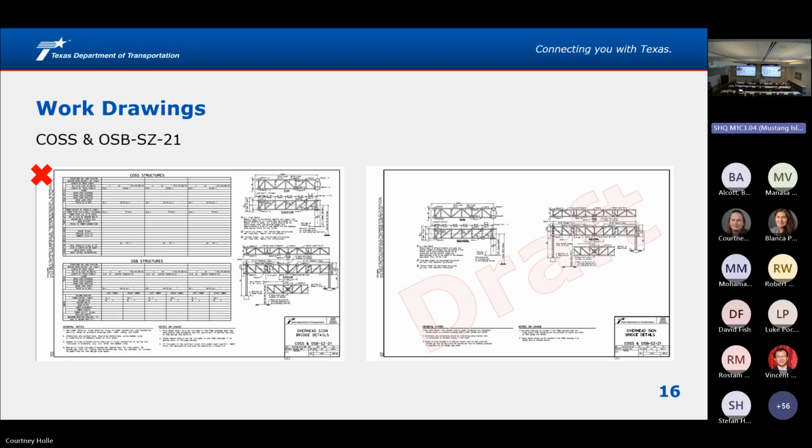Online question here. Is there a link for downloading the sign structure tool, and does it help in actually designing for those special zones? It is very, very, very, very preliminary. It will not be posted until it's ready, but I'm thinking it will be on the traffic standards webpage with the cost and OSB, and we'll have these working drawings, the Excel. But until it's ready, it won't be available.